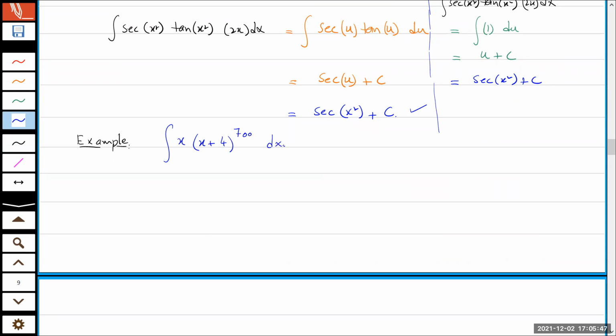Okay. Now, nothing seems to be the derivative of the other. But to simplify my work, an appropriate substitution would be that we replace x plus 4 by u, so that I don't have to do any expansion of this 700 power. So I take u equals x plus 4. This gives us